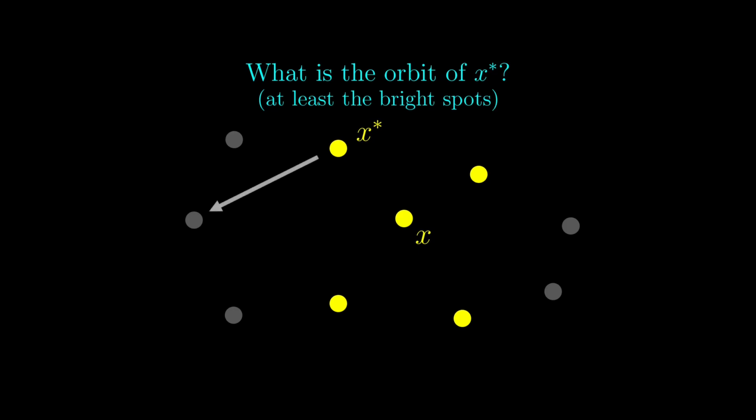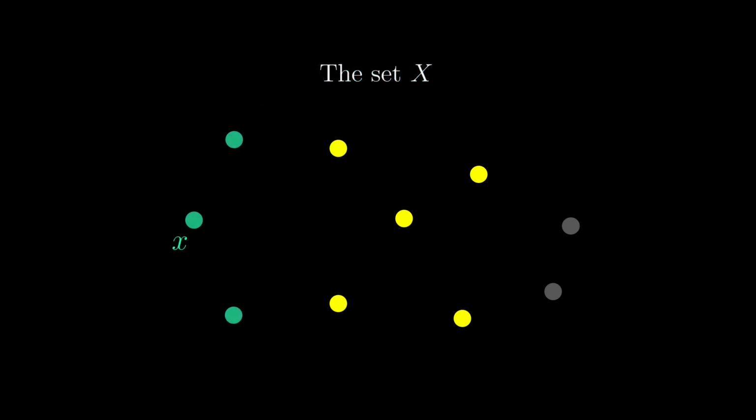What about some dim spots? Can x star go there? No, because if x star can go there, then little x can also go there, which is not possible because the dim spot is not in the orbit of x, so x cannot go there. So the orbit of x star is exactly the bright spots, no more, no less. If we pick x somewhere else instead, then its orbit would be different. Eventually, everything in the set would belong to exactly one orbit.